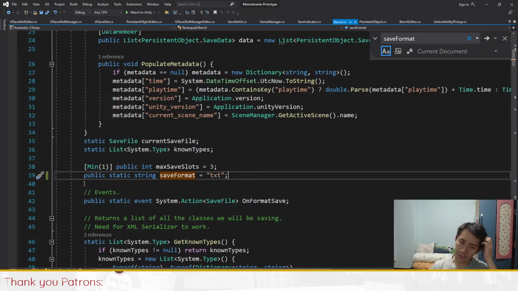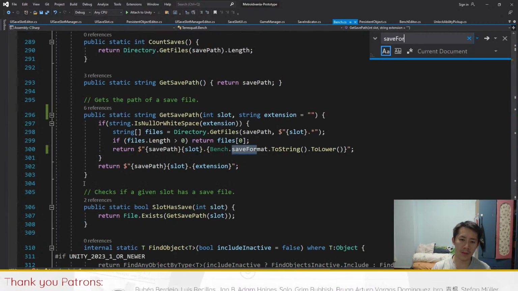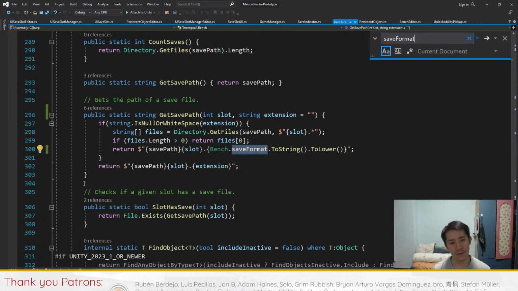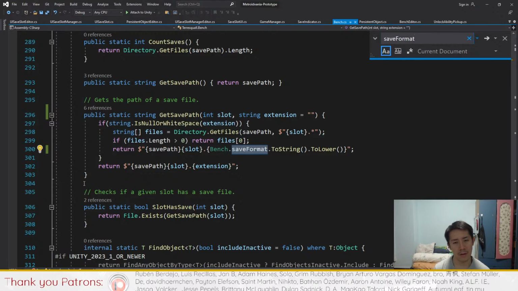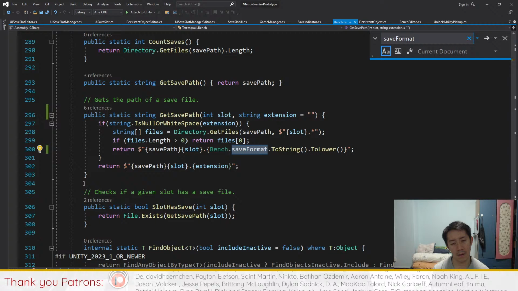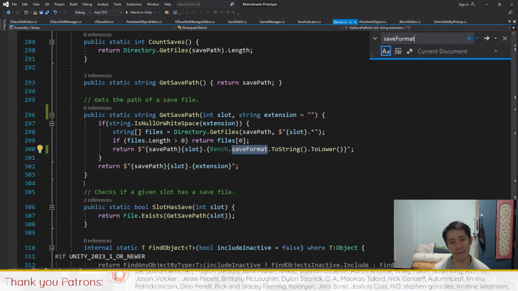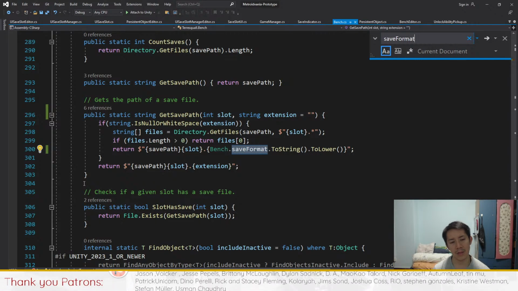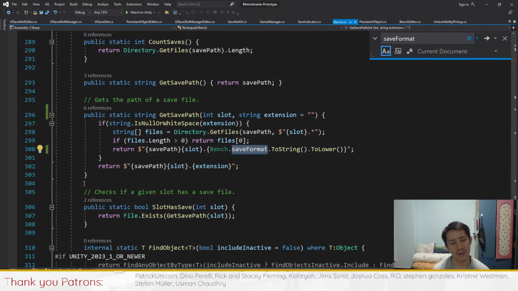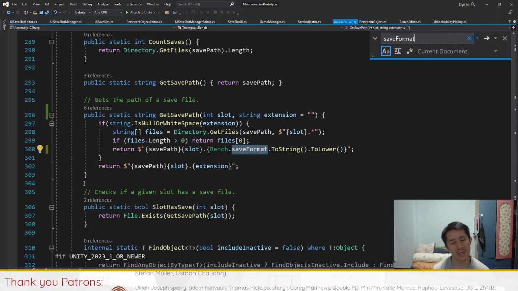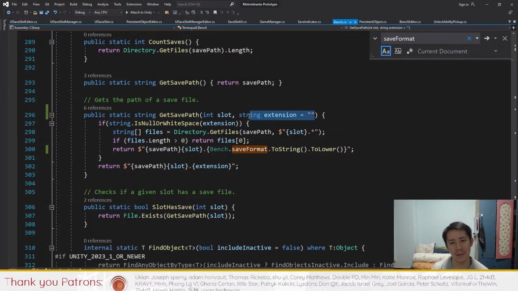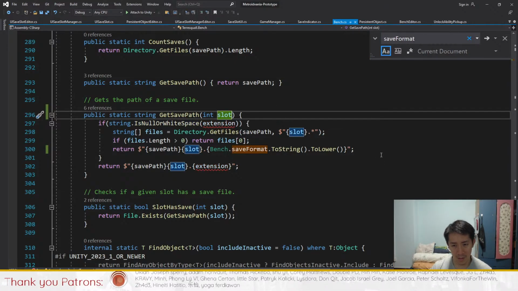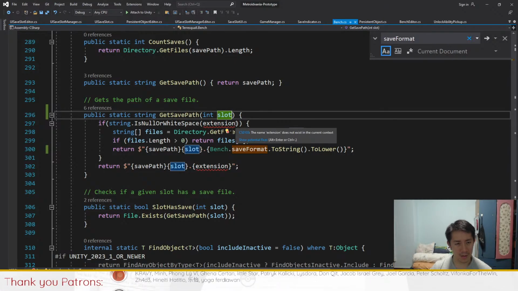This is what is going to determine how the save files are going to be saved. So get save path allows you to determine the extension. Oh, really? Should we allow people to do that? Should we allow you to do that when